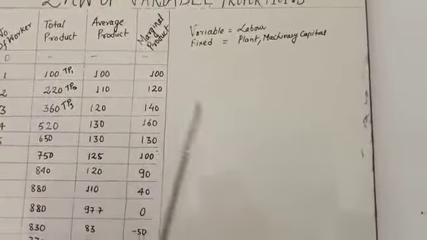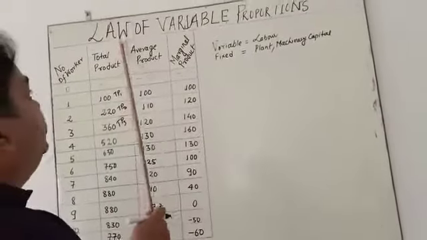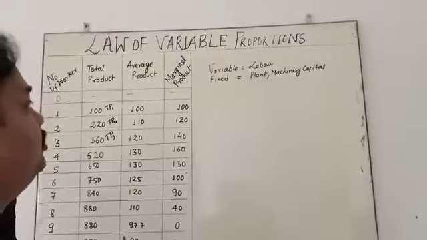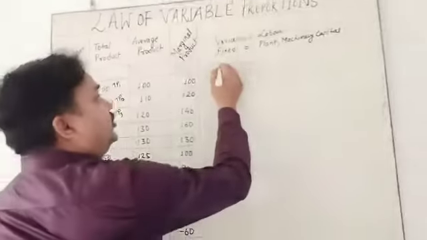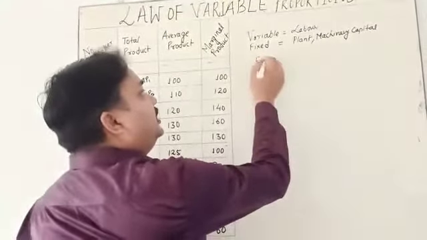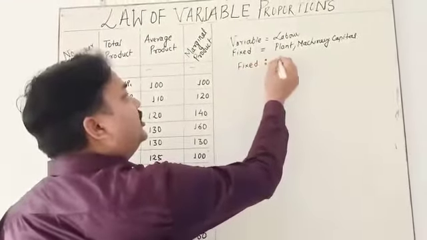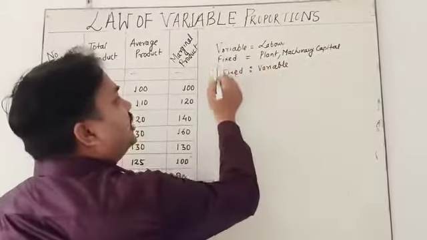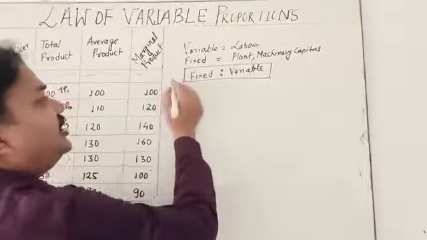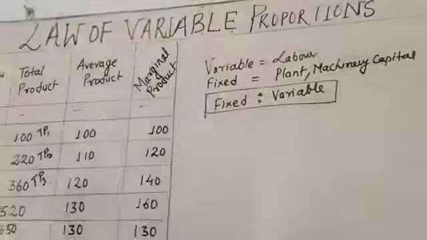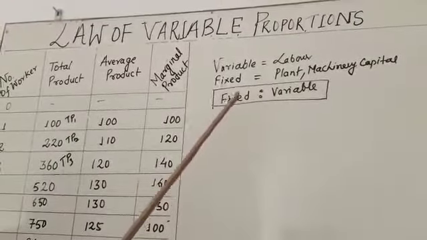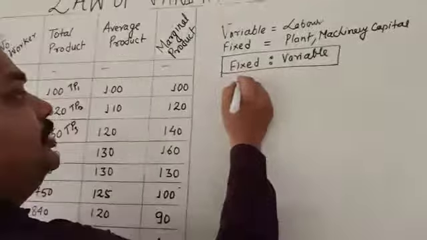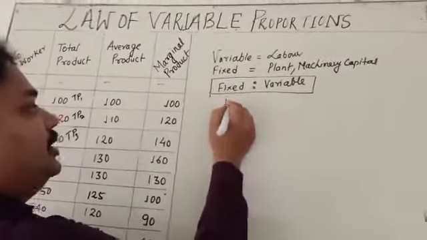My dear student, law means rule, variable means proportion. Here you are going to make a proportion according to the fixed factor. So whatever the fixed factor given, you are making the proportion of this one. You are making the proportion with the fixed factor and variable factors. Suppose, what is this meaning? You just take the example, fixed factor, that is capital.